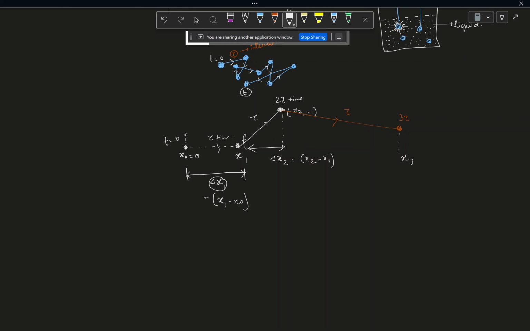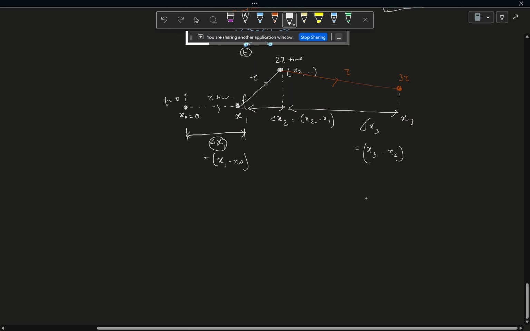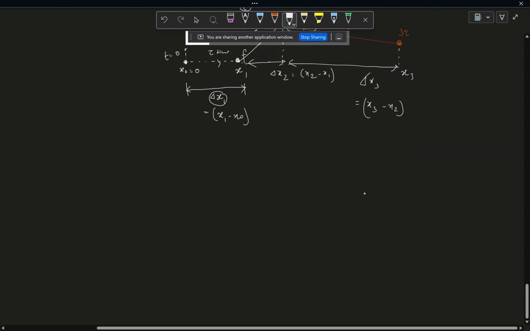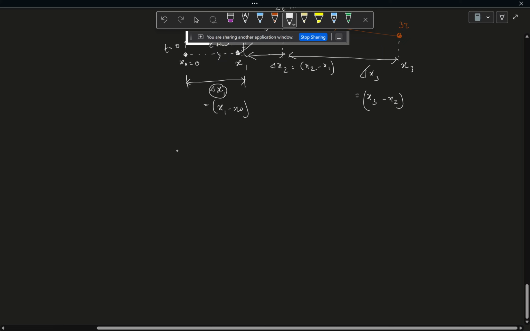Now from x2 to x3 your actual displacement along the x direction will be delta x3, which is just x3 minus x2. And because Brownian motion is a continuous motion, it never stops, right? So it will continue to have such a zigzag, random, jittery motion, and many such displacements you will find. Because statistically you have to deal with it,